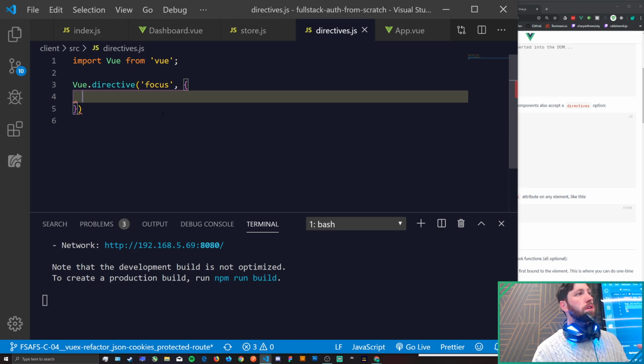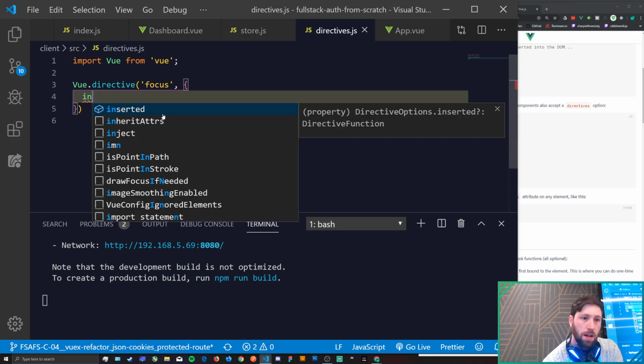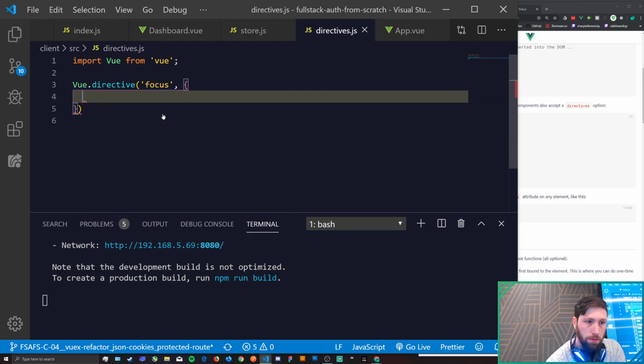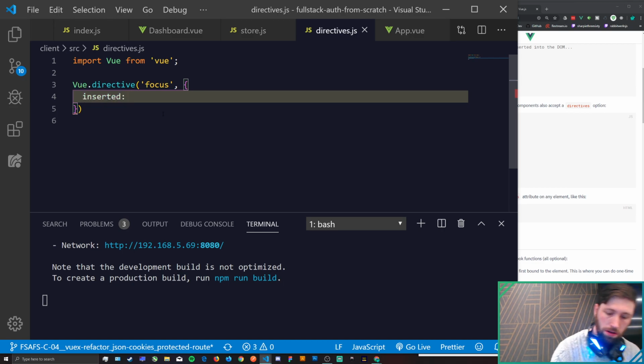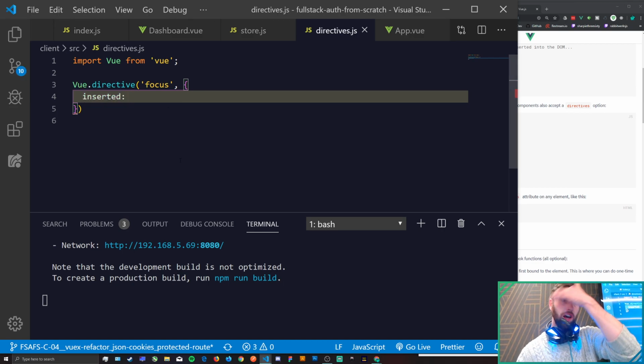And if you remember what lifecycle hooks are, they're essentially empty methods that run at certain points throughout a code process. So you'd have a start, middle, and end lifecycle kind of thing. And the way we can hook into these is simply inside of this options object, we can just call it just like this. So inserted will be a function that